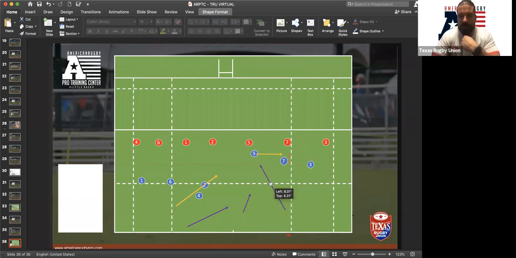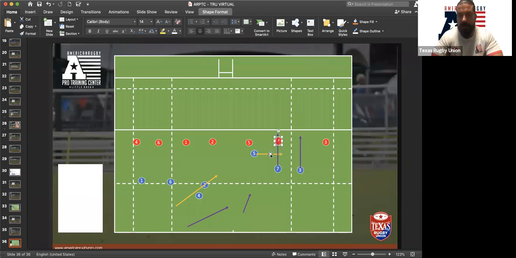So if we actually go to what we will call the load, it's very simple. It's 2 players running directly straight and loading 1 defender. So the 7 and the 3 will go, okay, well, let's load this player here and let's load this player here. And we'll make the 7 make a decision. What we mean by that is if the 5's got the ball, they say load 7, 7 and 3 run directly at the red 7. They either pick a choice.